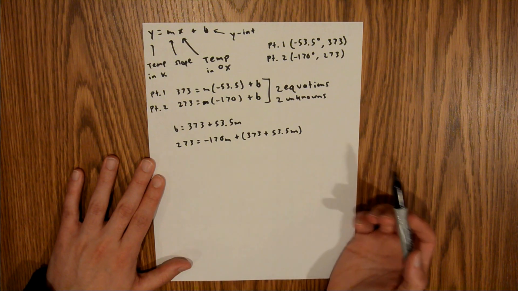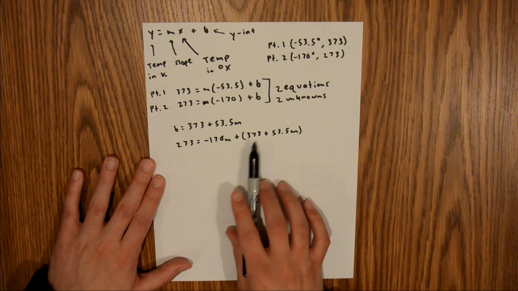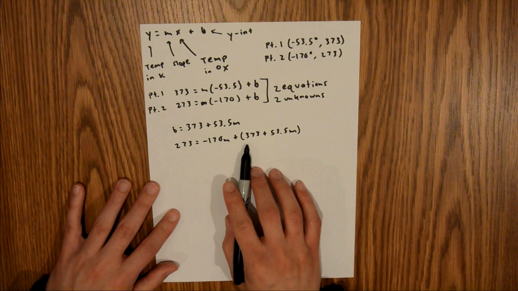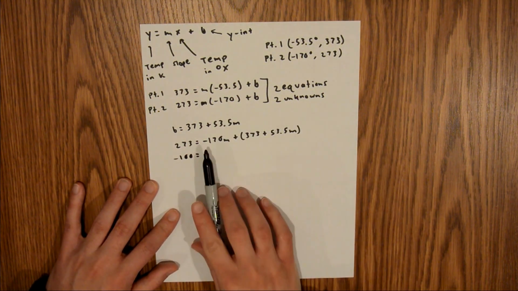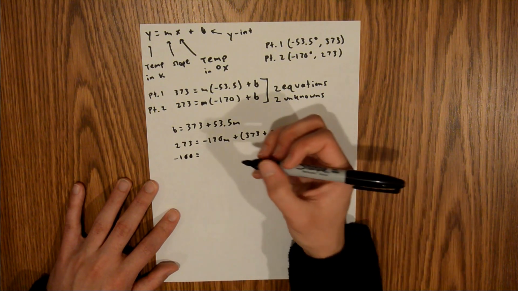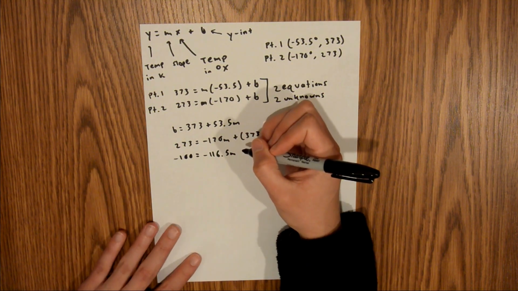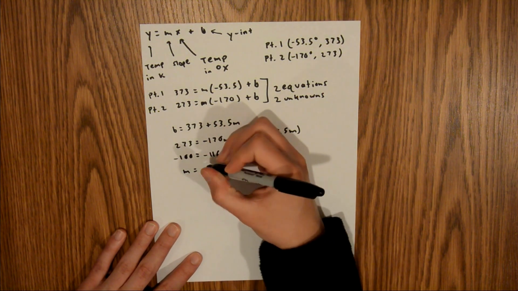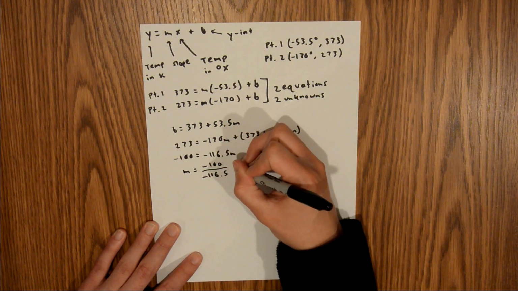And so what I need to do now is combine like terms, and to do that I'm going to subtract 373 from both sides and then combine these two m terms on this side. So if I subtract 373 from both sides, that's going to give me negative 100 on this side, and that's going to be equal to negative 170m plus 53.5m, which is going to be equal to negative 116.5m. So now if I divide both sides by this negative 116.5, that's going to give me that m is equal to negative 100 over negative 116.5, and that is equal to